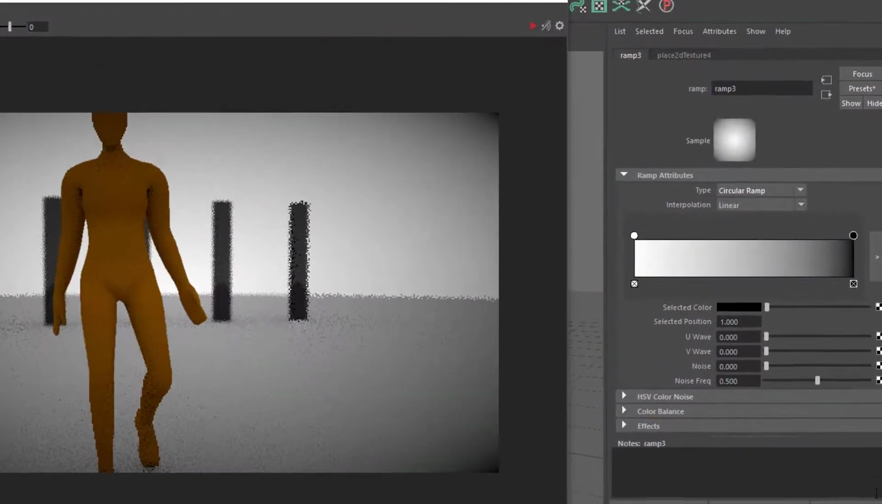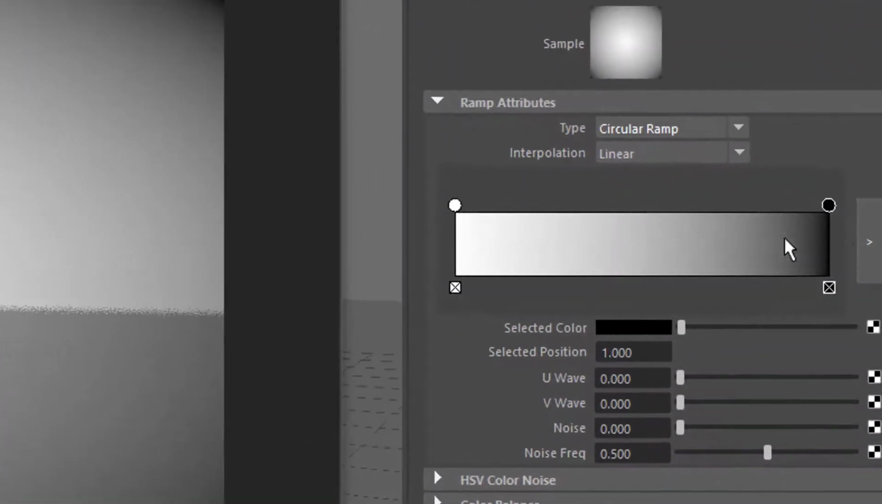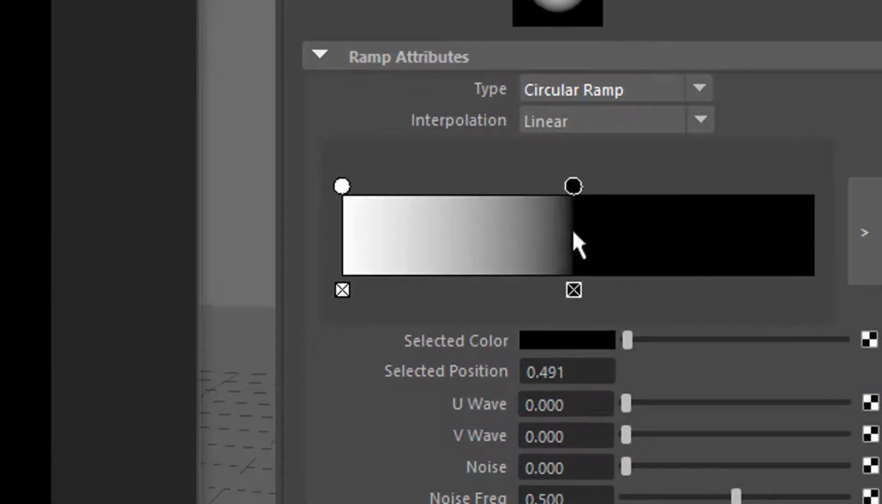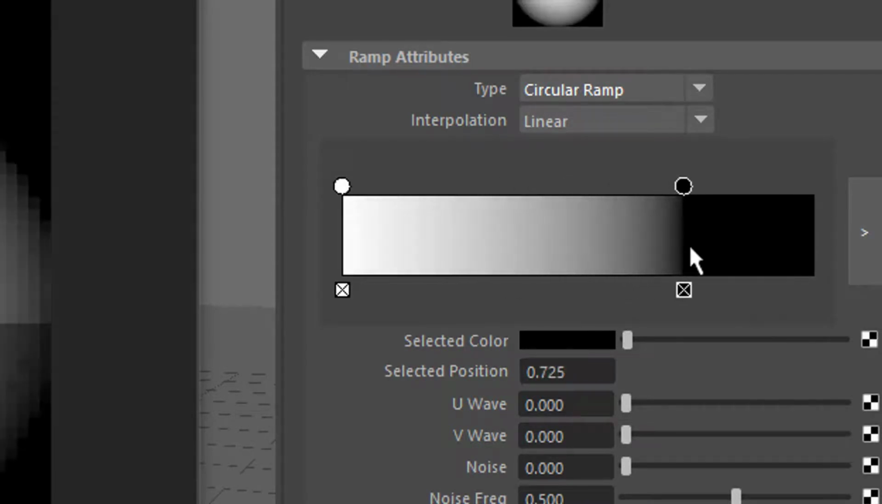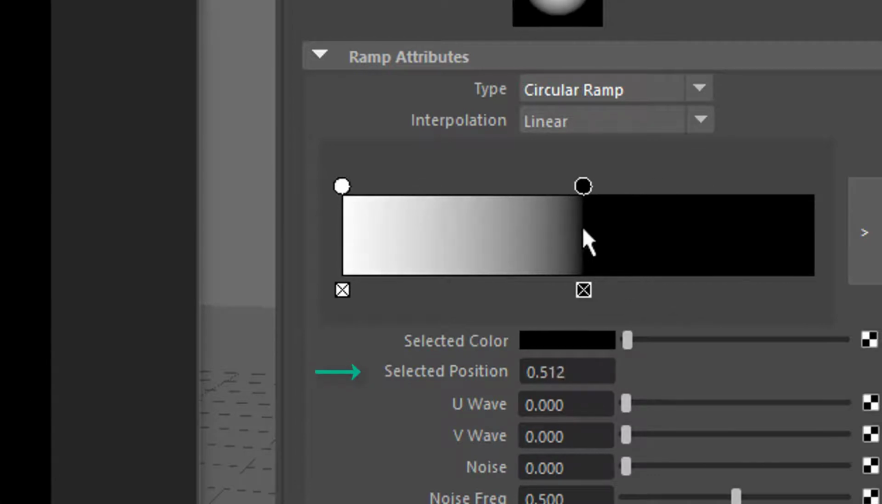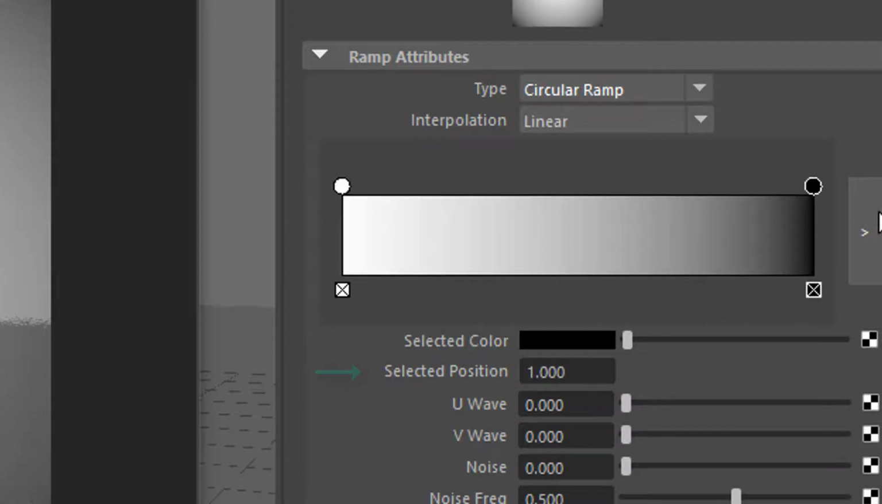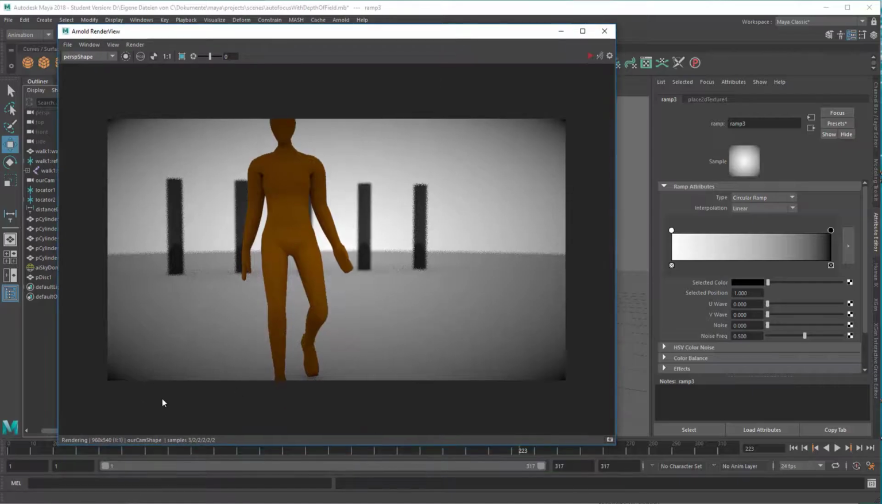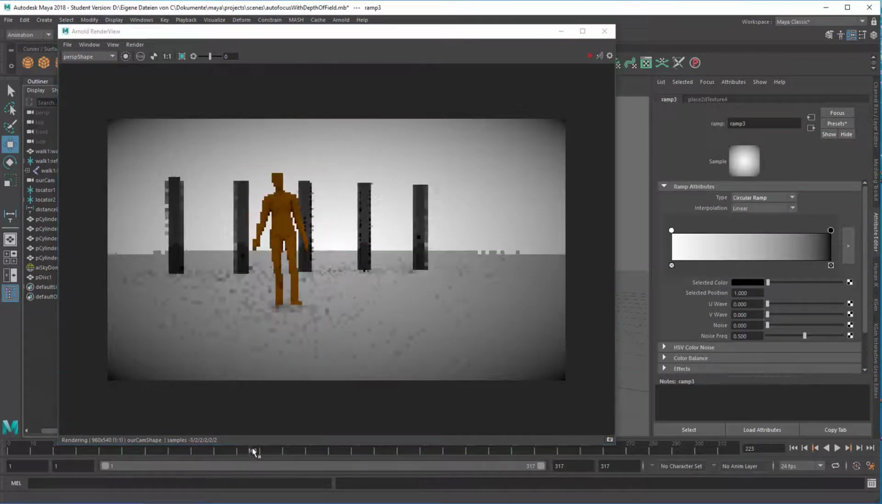How do we animate this? Well, when I move the black circle here, check what I'm changing below in terms of numbers. It's that thing here. That's the selected position. It starts at 1 and it stops at 0. So when I go to, say, frame 100, set a keyframe here for selected position, set a key, and